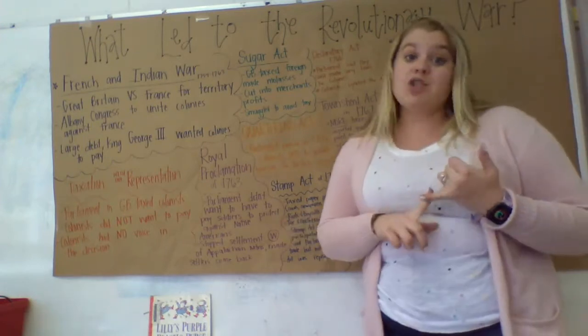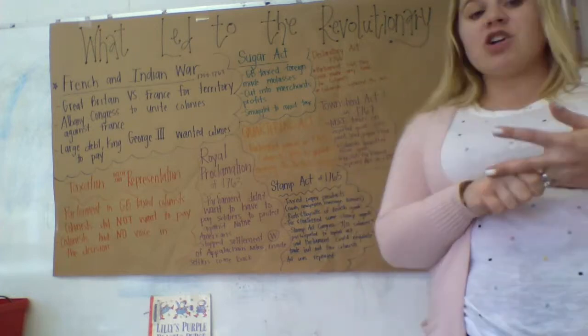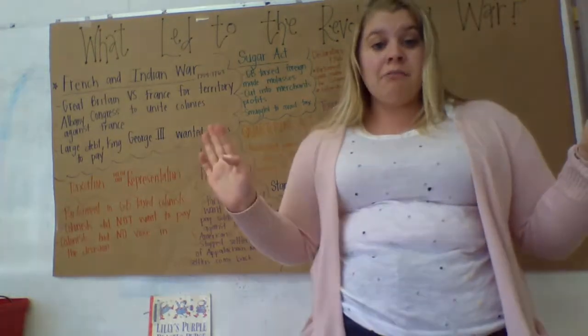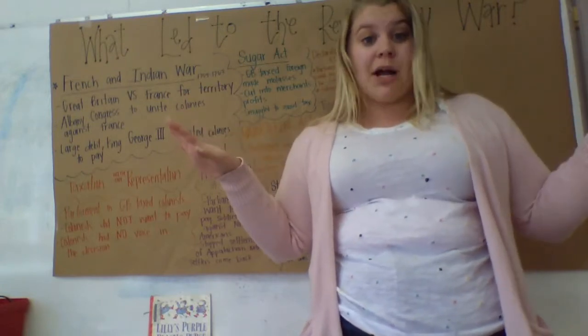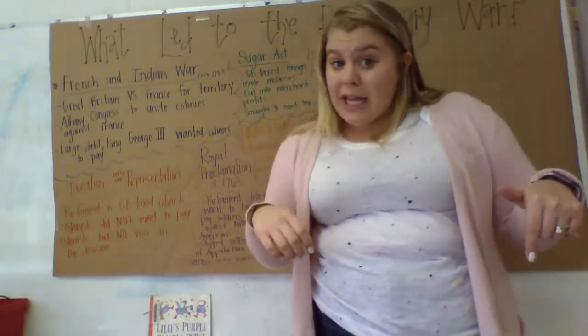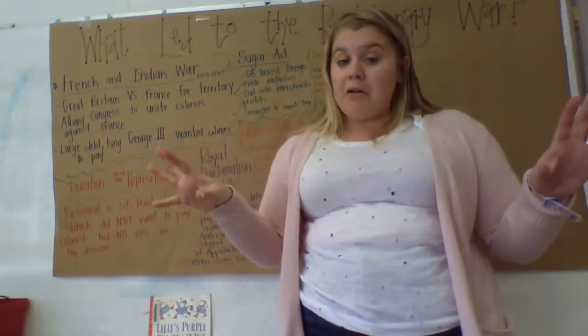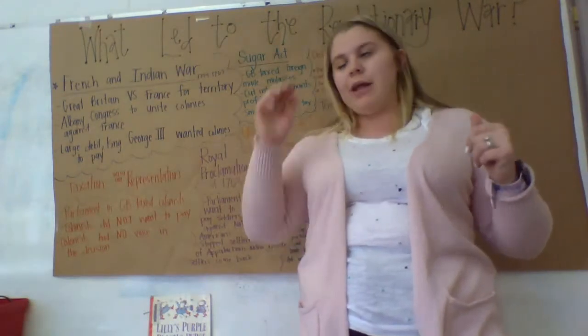So that led to riots. Colonists started rioting. Then they started boycotting British goods. They were like, fine, we just won't buy British paper products. You're going to tax it, so we're just not going to buy it. They boycotted it. Some extreme colonists, the stamp agents, the people that would come around and bring the paper products